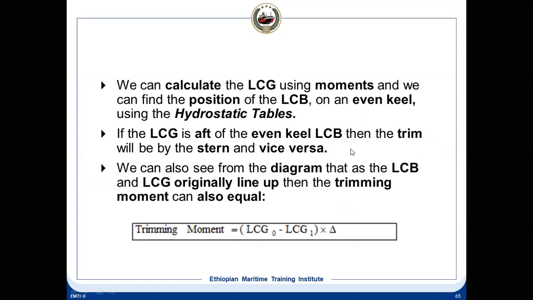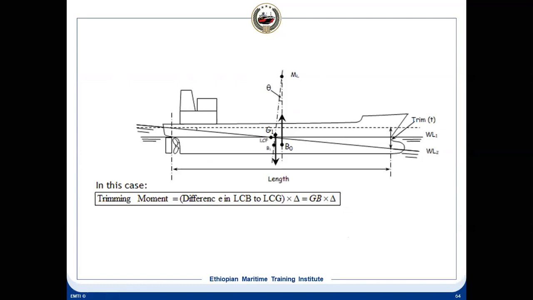So now another formula we can have for the trimming moment. What is the formula we can have? Now, where was G initially? G was on this line, somewhere on this line. And now G has shifted. So if we know how much it has shifted, this distance, then we can also calculate it, because of this change we have a trimming moment.